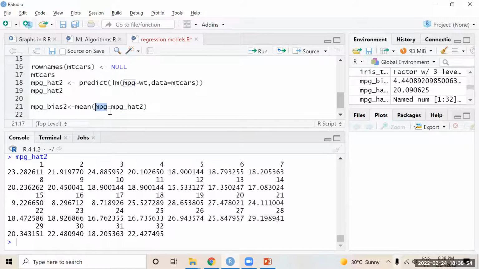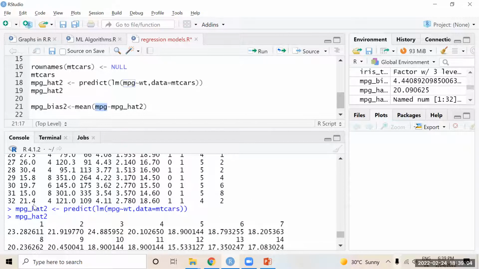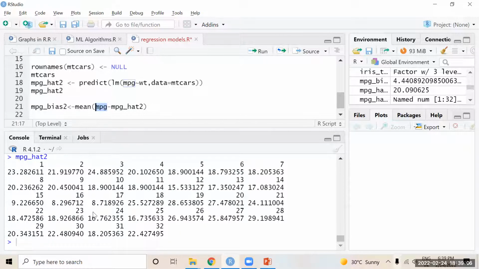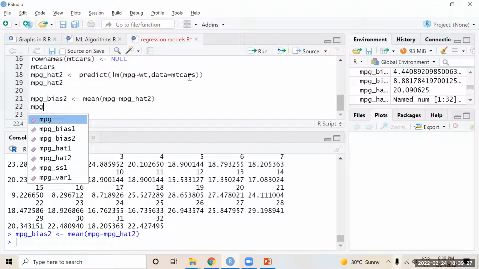Original value is 21: 21 minus 23, plus 21 minus 21, plus the last observation, 21.4 minus 22.4, divided by the total observations, stored in bias 2. So if you want to know the average difference or error rate, it is 0.8.